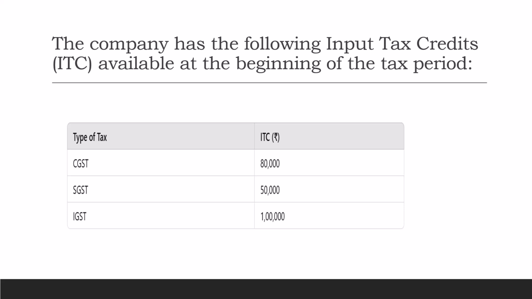So total output tax liability will be CGST, SGST and IGST. So you simply add them up, okay, fine. Is that okay? Then the third step would be to compute input tax credit. So we'll say how much he has made of purchases. Whatever purchases he has made, he has to calculate what kind of input tax credit will be available